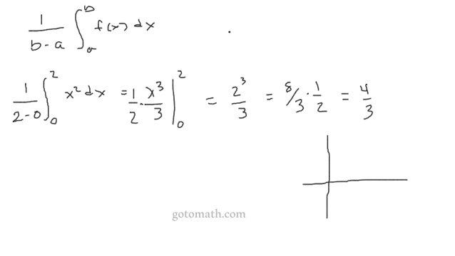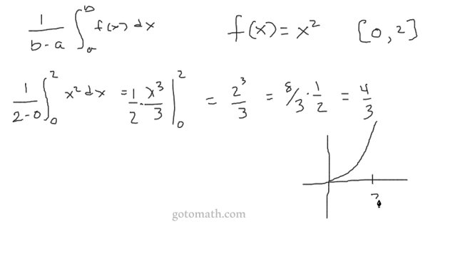And if we looked at the graph here, I should have stated that f of x is equal to x squared. We're on the interval between 0 and 2, and we want to find that average value. So we're going to sketch out a graph here. Let's say that this is 2. Now remember, for the mean value, we were looking for a c here. We wanted to find that c, and then of course f of c was actually going to be equal to